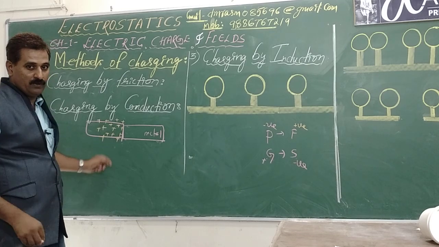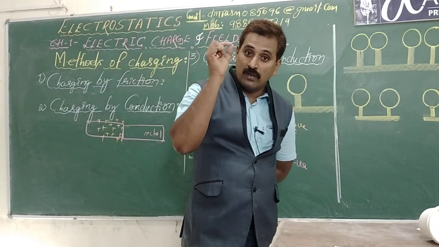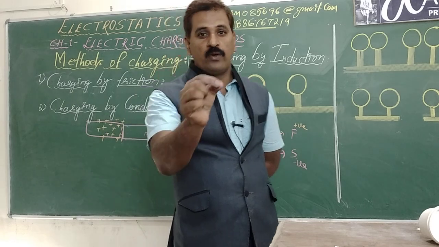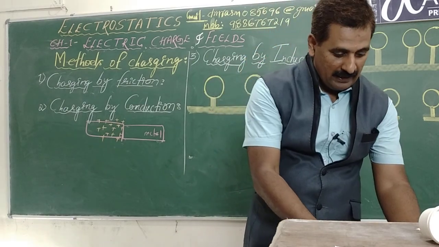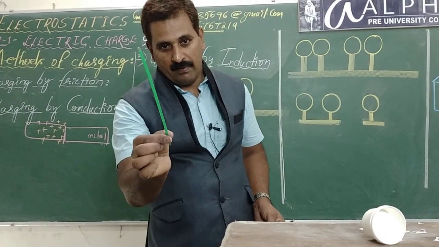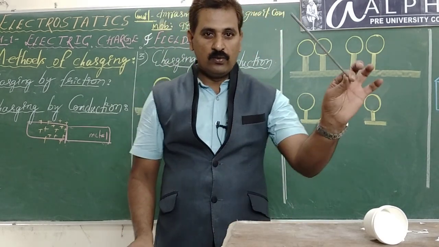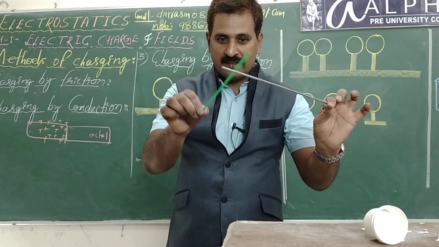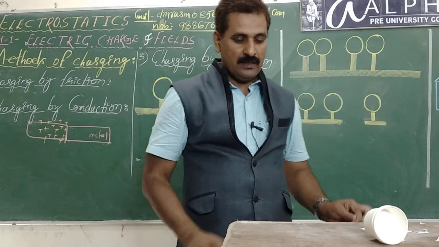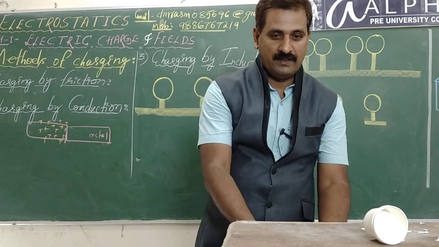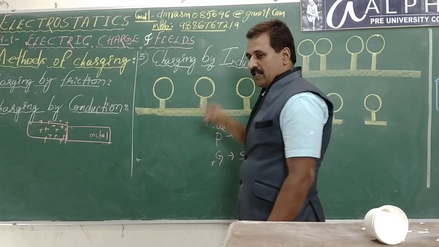Now you remember this word. What is charging by conduction? A process of charging a neutral conductor by touching it with a charged body is called charging by conduction. Like this you can remember it. This is a charged body. How did I charge it? By rubbing with cloth. It is charged now. This neutral metal is uncharged. If I touch it like this, now it has acquired charge like the charge of this straw. That's it. We'll move on with the third one, very important, charging by induction. Important method.